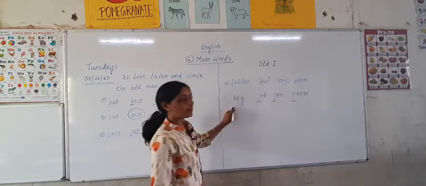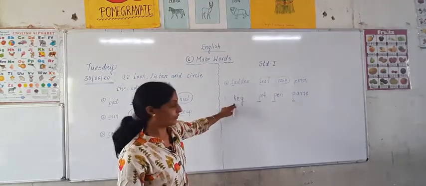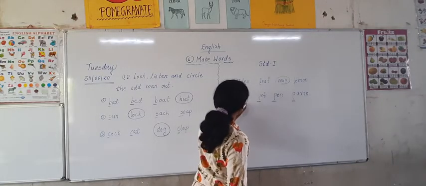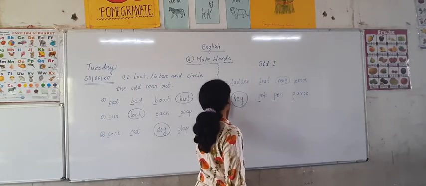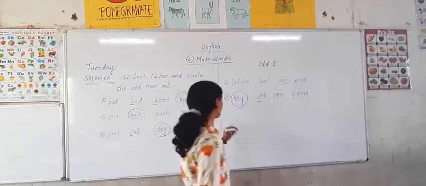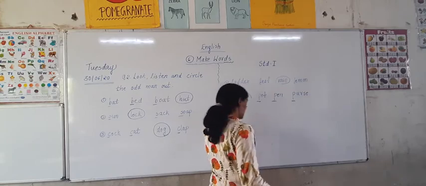So which will be the odd man out? The first letter of the word key is K. So key is the odd man out in the fifth example. Okay. Next one is the sixth. The sixth example is of